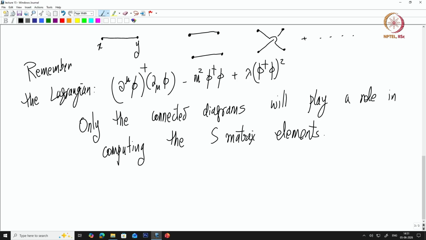So given this Lagrangian, the Feynman diagrams tell you that there is first of all a propagator for the scalar fields, which is nothing but a 2 point contraction. The things which will be important in calculating S matrix elements for this given Lagrangian are